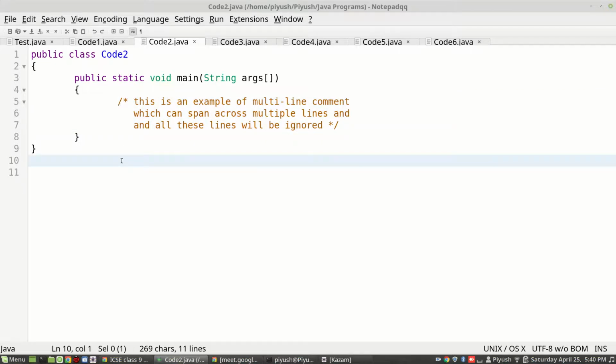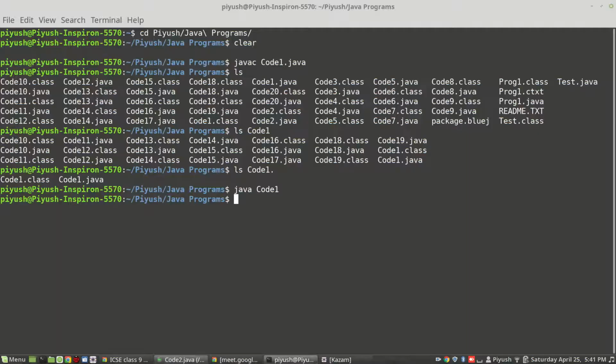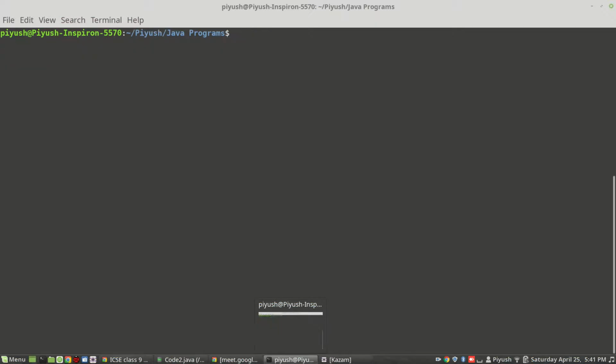Now let us execute and see what happens here. Let me clear up the screen. javac. It compiled successfully. Java code 2.